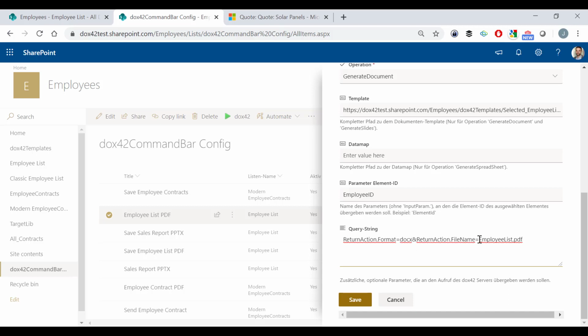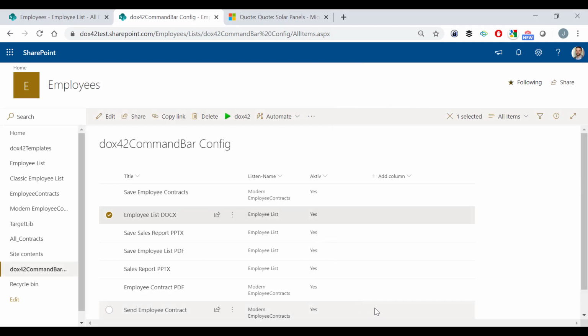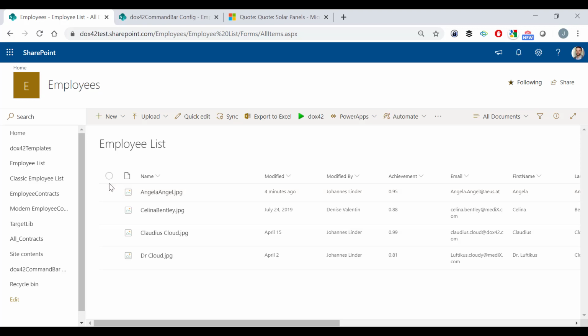So that's for the people of you that also understand technical knowledge in terms of URL parameters. There is a Galactic employee list, and we want this as a docx. So basically what you see here is the simple change of just these couple of characters already creates a different document. Let's save this, and now let's go back to our employee list, and in this case let's not take